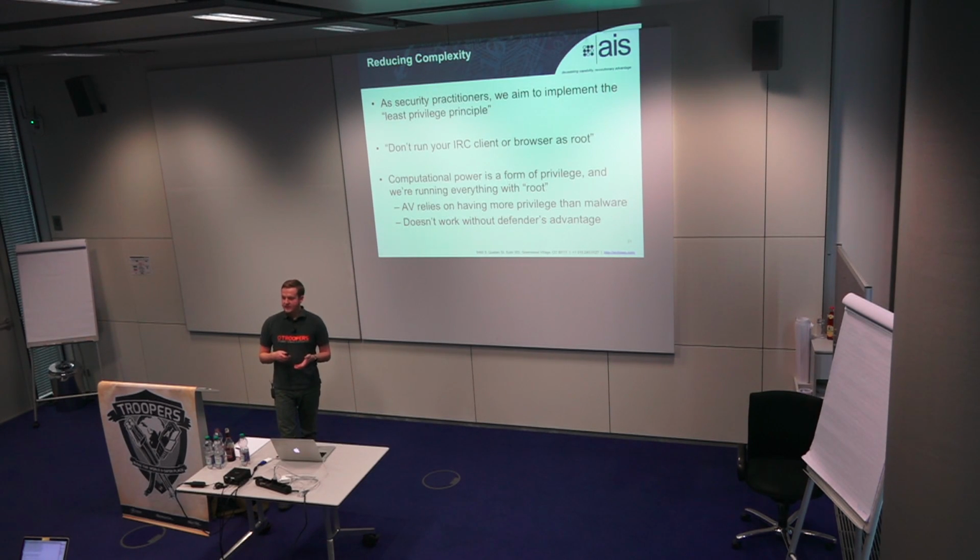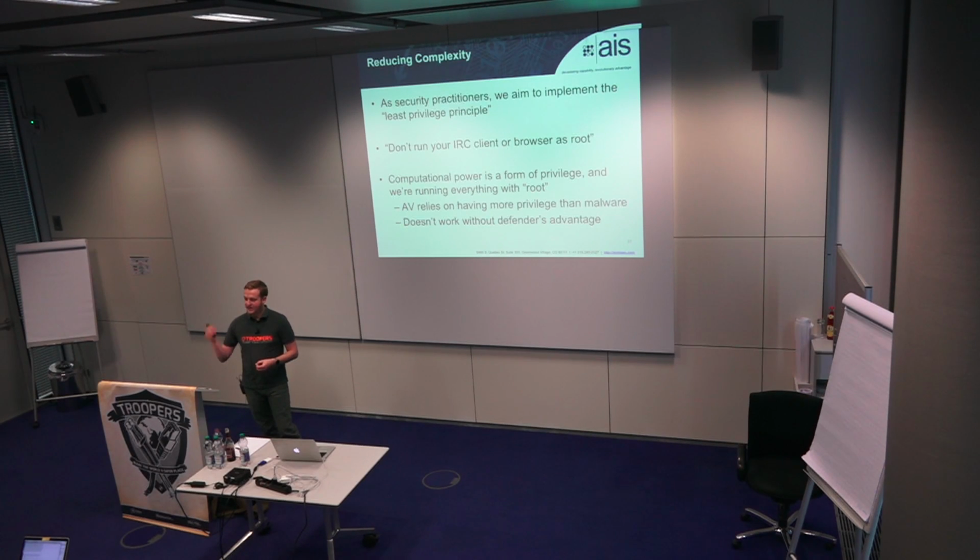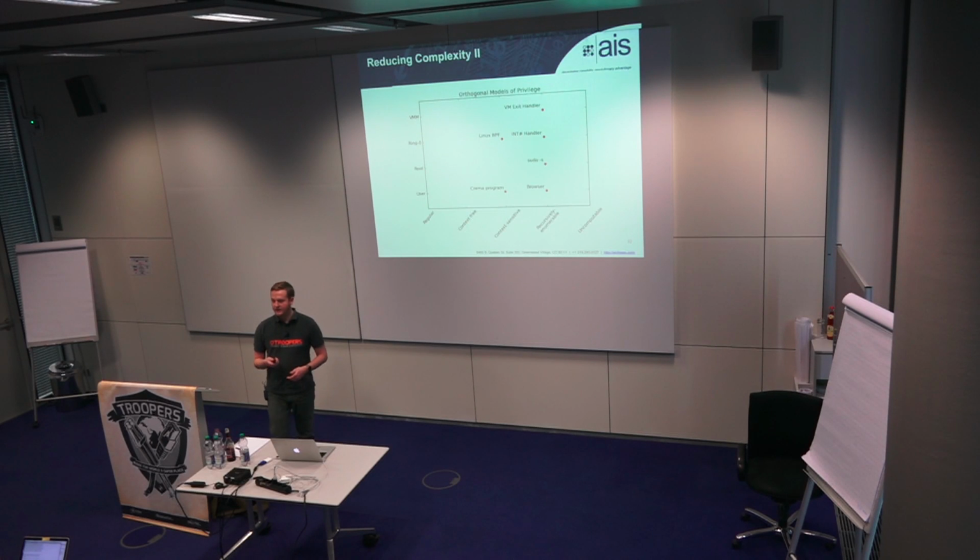AV claims it relies on having more privilege to make itself work, but imagine AV working. Back in the old days, they used to run in the kernel. They could introspect and see what was happening in user space. Then local privilege escalation became a thing, and a lot more kernel malware and kernel rootkits, and now you see McAfee Deep Defender, which is running in a hypervisor. And soon you're going to have SMM AV probably, or firmware AV. This doesn't necessarily work when you have a model like this.